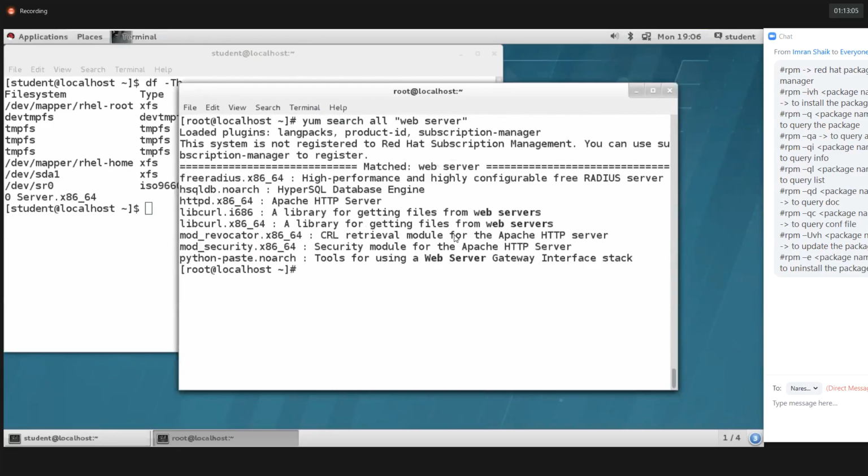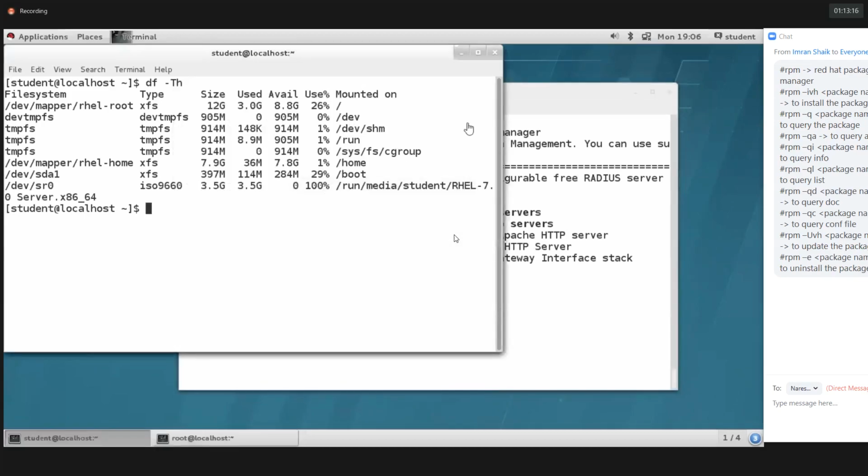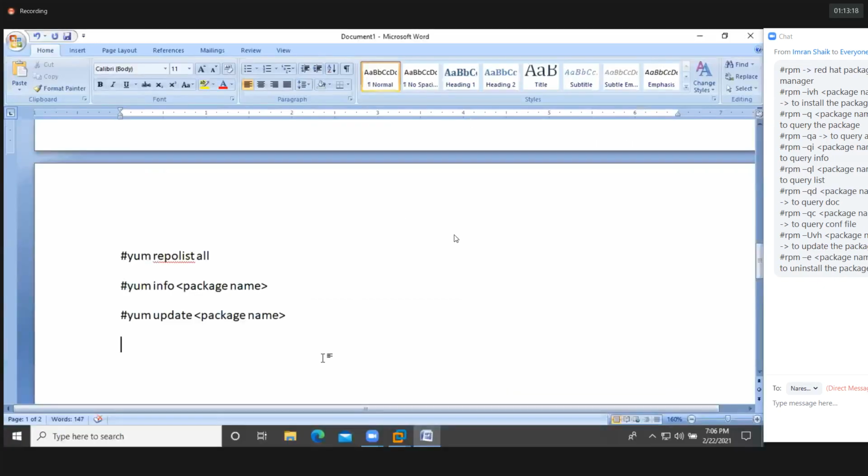It will provide you all the packages related to web server. Got it? This is also a very useful command.